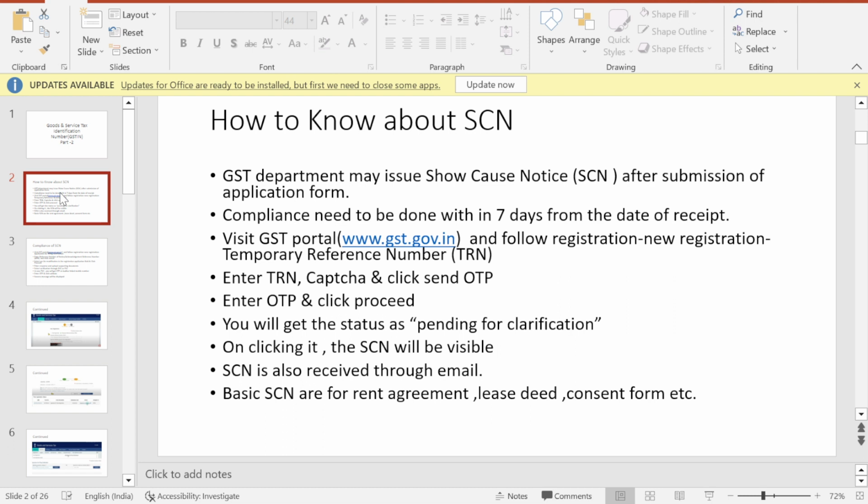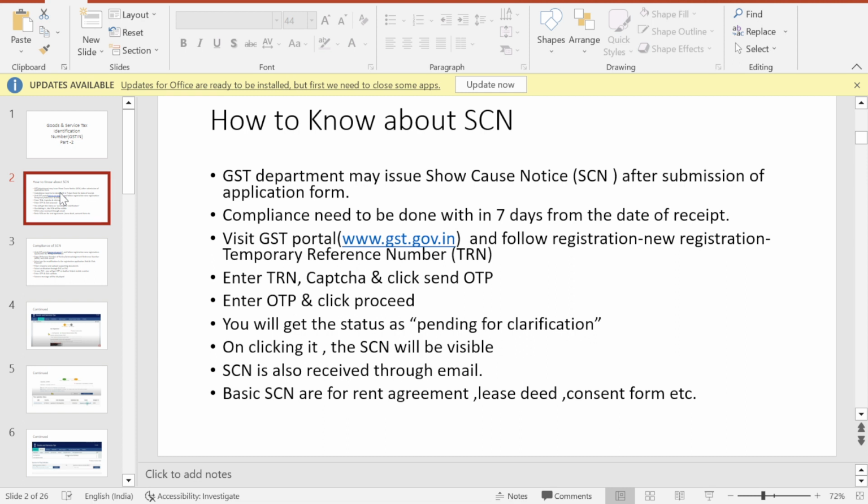So we need to check the status of our application periodically, because after the application of GST, the department is issuing the GST certificate within 15 days.